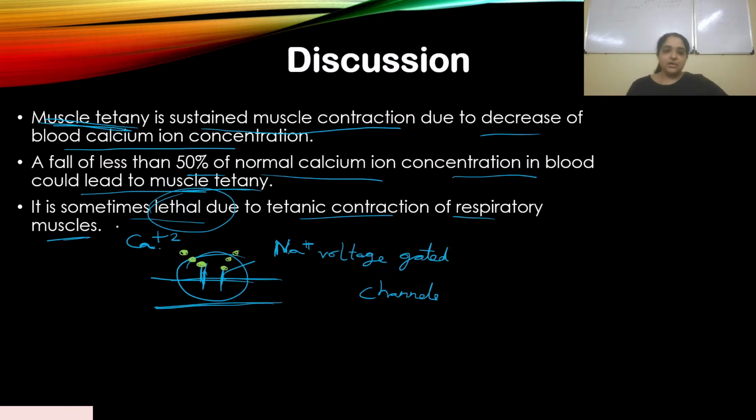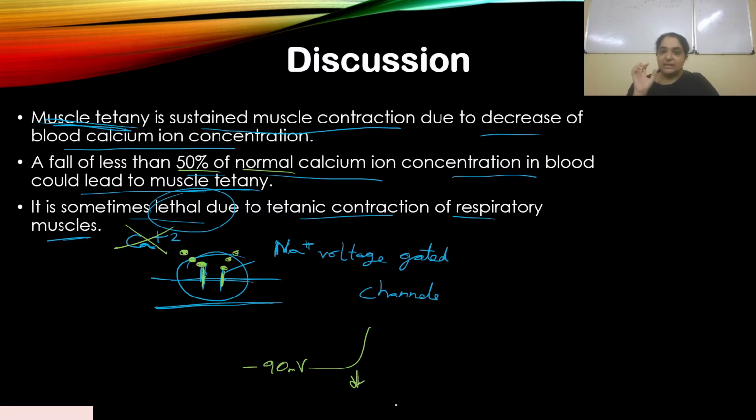But this is what's actually happening. So now imagine if calcium ions were absent, or rather at a very low concentration, that is, they drop to 50% of normal calcium ion concentration. What if that happens? Then these voltage gated channels become very sensitive. Now you know the resting voltage is minus 90 millivolts. It will drop even further, become even more negative. That means it has become even more sensitive, with the drop of calcium ion concentration in the blood. These neurons become even more sensitive.